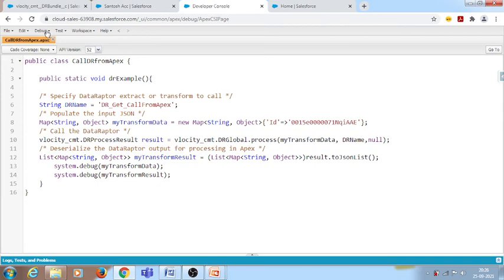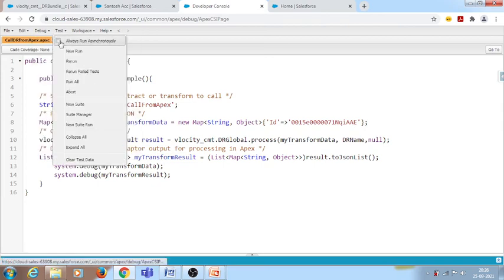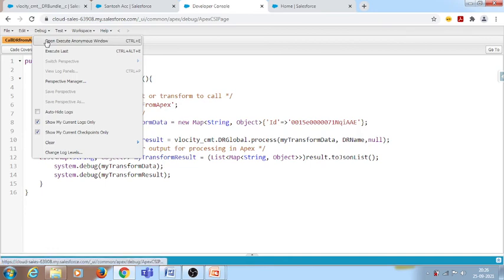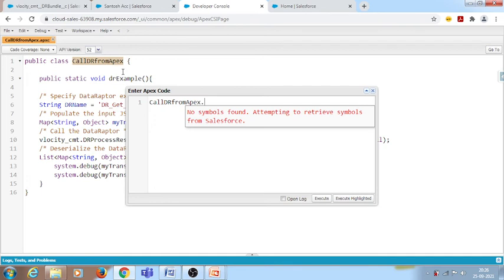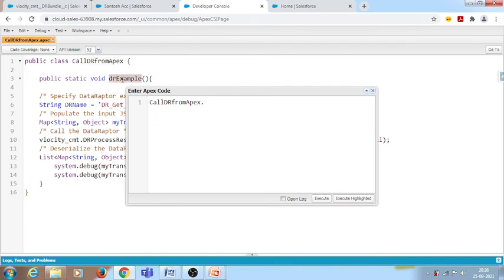Now let's debug this. If you want to run this class, we need to have the class name dot method name. I'm using the method name because it's a static method, so I directly call it with the class name.